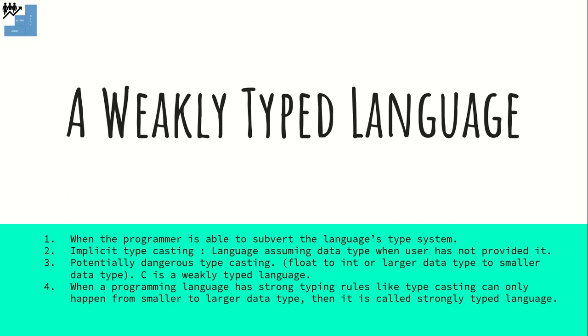On the contrary, there is another term called a strongly typed language, whose type checking conformities are very strong, so that the possibility of data loss or precision loss is negligible in such languages. One such feature is that the typecasting allowed would only be from a lower size data type to a higher size data type. In such a typecasting, there is no possibility of data loss. So, I hope weakly typed and strongly typed language you understood.